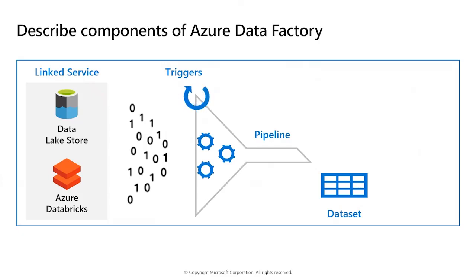So pipelines don't have to be linear. You can include logic activities that repeatedly perform a series of tasks while some condition is true, using, for example, a for each activity, or follow different processing paths depending on the outcome of previous processing, using an if